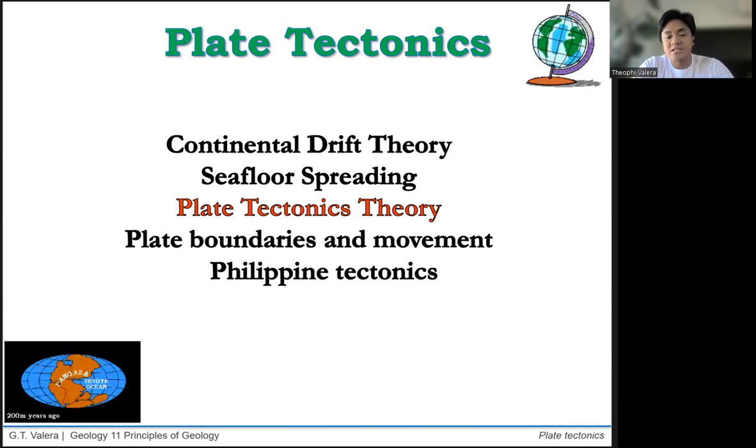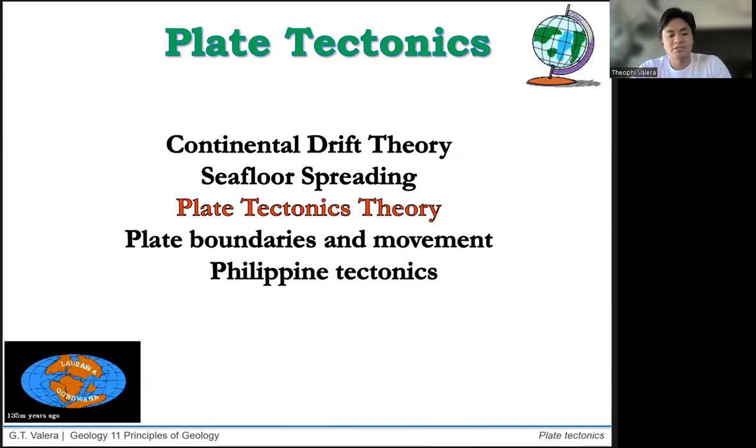And yung lithosphere natin on top of the asthenosphere is capable of moving, and therefore there are areas where these plates are moving away from one another, or there are areas where the plates are colliding against each other, or just basically moving past each other. So those are the three plate boundaries we've briefly discussed before.